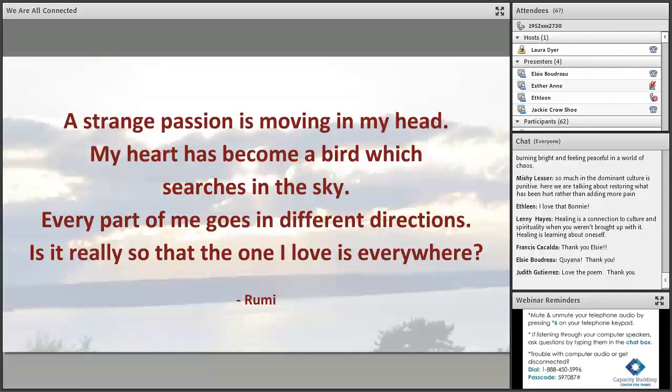I know when we talked about planning this, we talked about it really being about love, right? Healing is really about love, loving ourselves. So I thought that was a perfect poem to throw in there for you all to take.